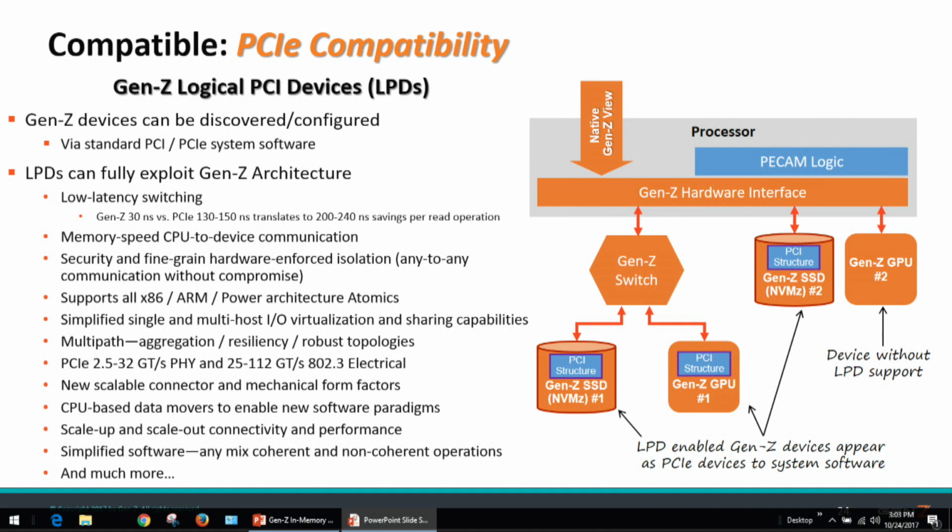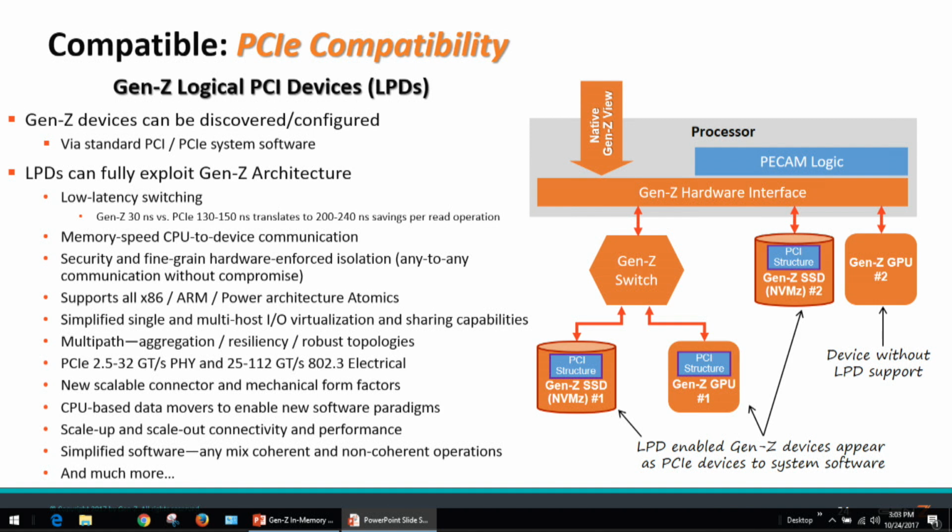You also get extremely low latency switching in comparison to PCIe, which means from a read perspective, we cut 200, 240 nanoseconds off of every read request just from the switching topology itself. So now you can scale these things with much more confidence. If you're trying to create large storage pools of SSDs, program them using NVMe, et cetera, all that can be made to transparently work, and yet you'll have natural multipath, natural I/O sharing, natural composability, and recovery from any